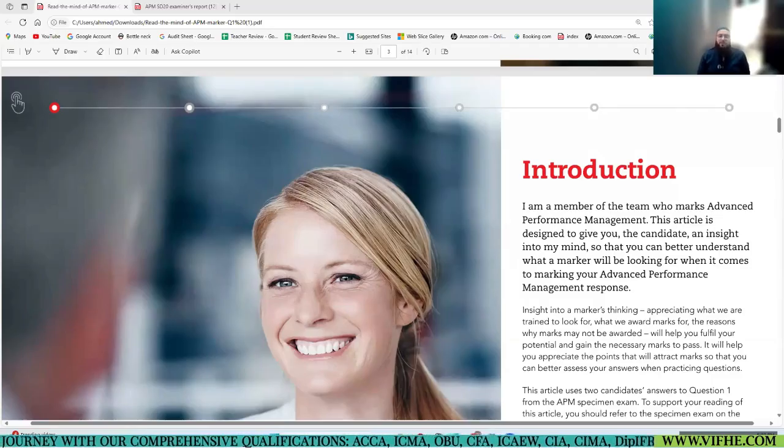So now we are targeting a 50 mark question today, and this is the question where you will see 10 professional marks and 40 technical marks. After the revision of the ACCA exam pattern, this is the third Read the Marker's Mind. Last time I conducted Read the Marker's Mind part 1, that was a 25 mark question. The other one again was a 25 mark question, but now it's a 50 mark question, and a very good question that the marker examiner has used for the explanation.